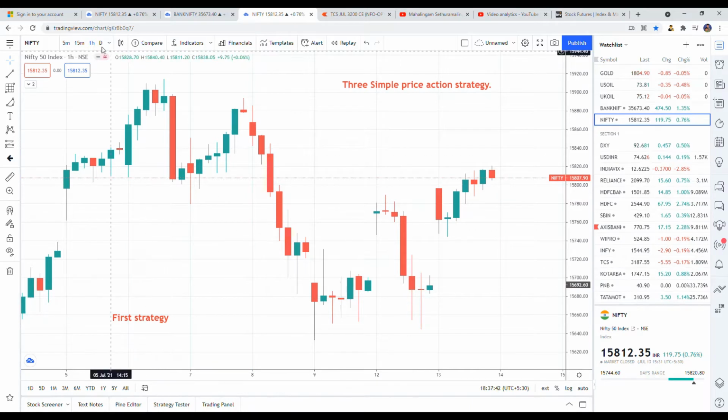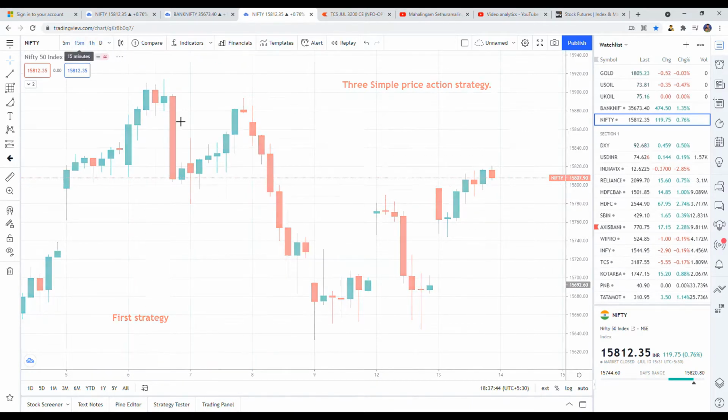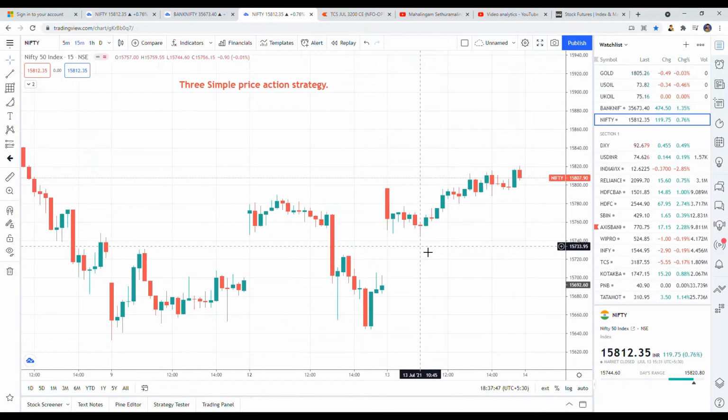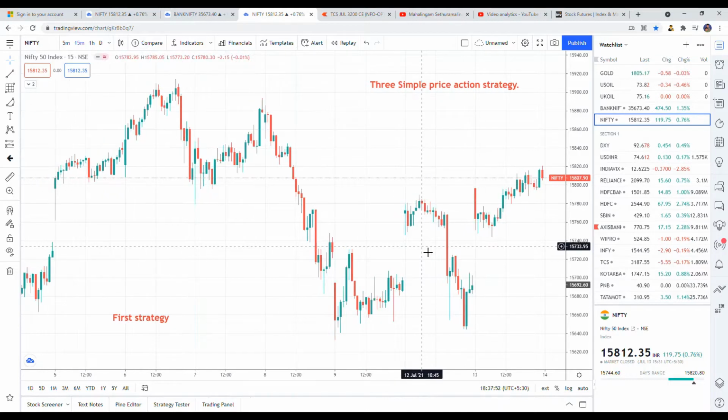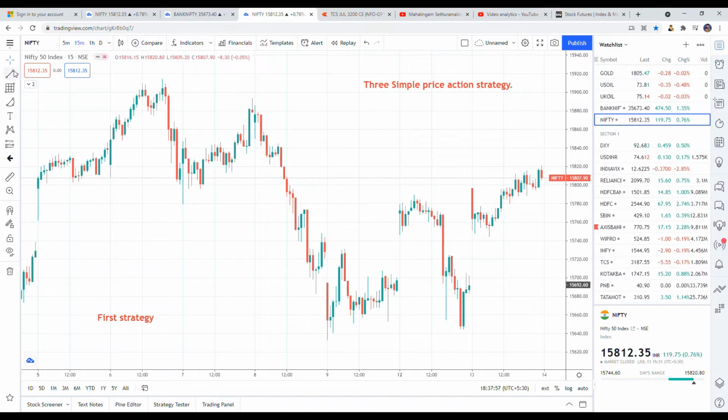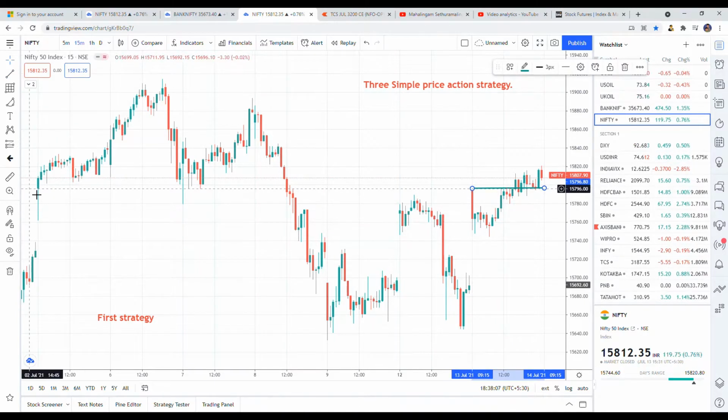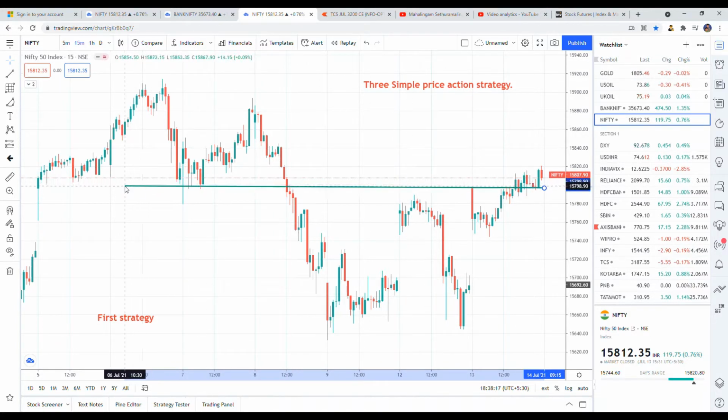Now I can change it to the 15 minutes time frame to get better clarity of the support and resistance points. Okay, see, market opened at 15796. Just mark that line, 15796. And you can check your left. Your left will give you the right signal about the resistance and support. Okay, just extend your line.